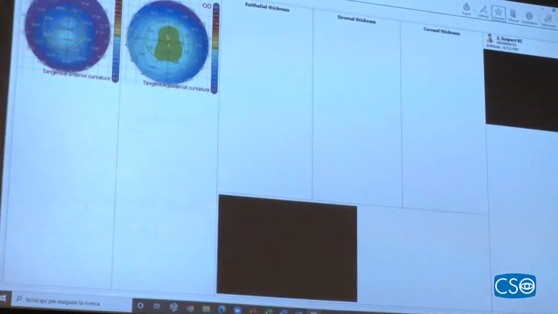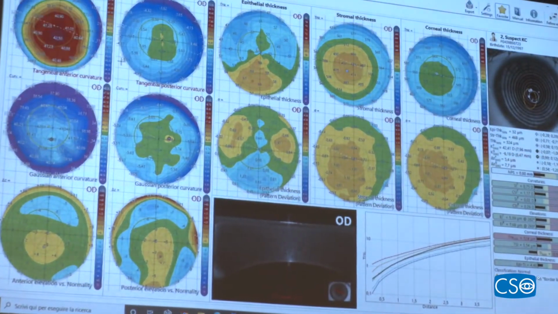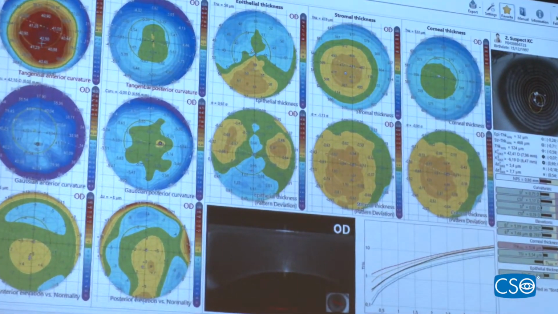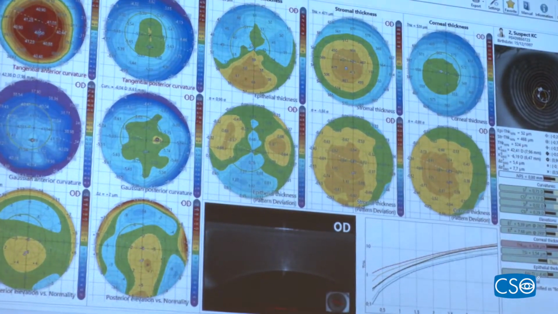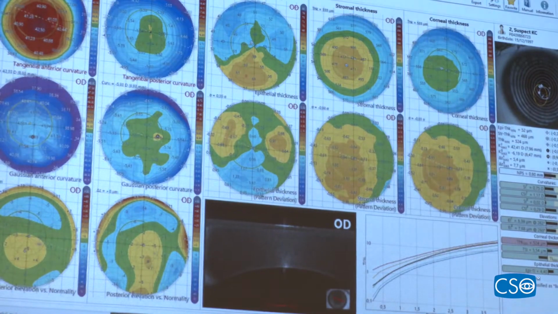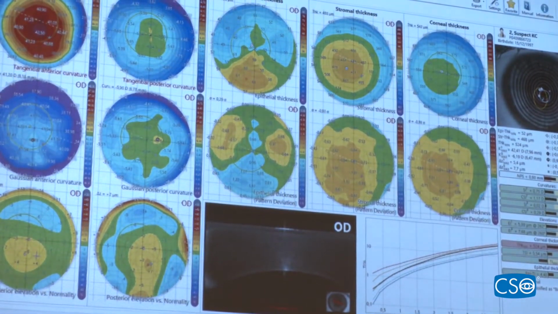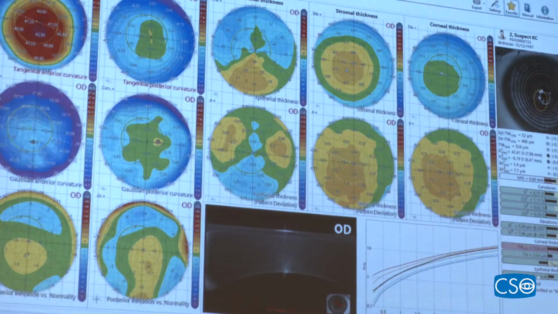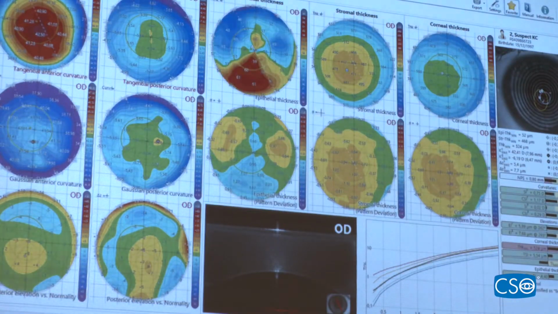Normalizing the anterior surface. There's a little bit of asymmetry, and the difference between the center and the periphery is quite marked. Also, it's coming out on the wavefront analysis of the anterior surface, and it's coming out a little bit on the posterior surface. So if we go to the axis of the steepest part, and now we look at the epithelium, what can we say? Well, we can say that although the fellow eye is classified as borderline by statistical methods,